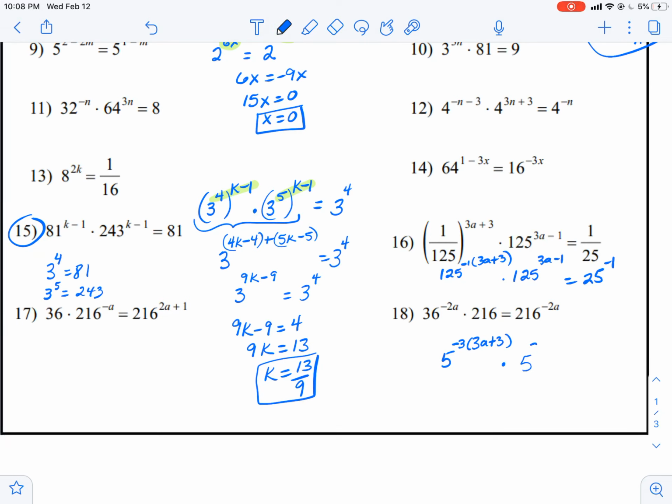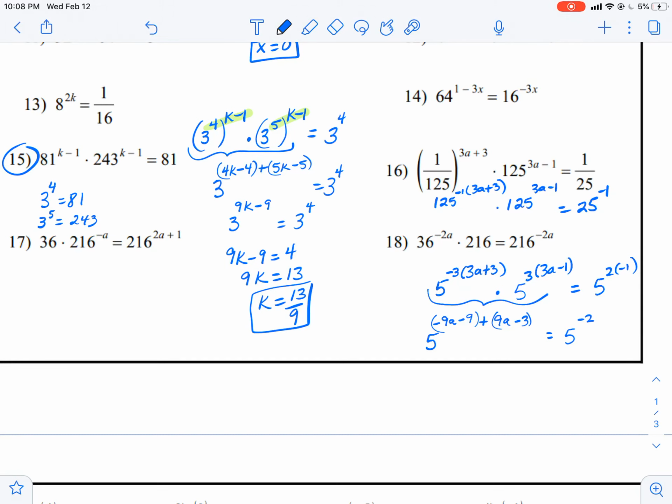5 cubed again times the 3a minus 1 equals 5 squared times the negative 1. Now, again, this piece has got to be put together. So I have 5, and let's see, that's a negative 9a minus 9 plus 9a minus 3. That's going to equal 5 to the negative 2. And then let's go ahead and combine like terms, and it looks like my 9a's are going to cancel, and that's a negative 12, and 5 to the negative 2. And that looks like that is a no solution because those two